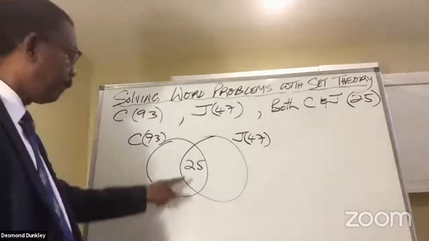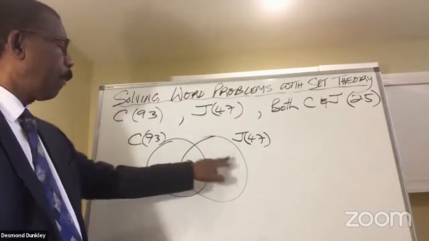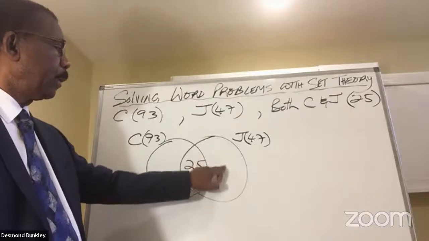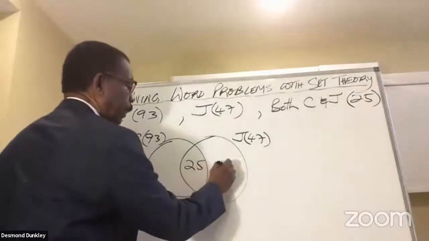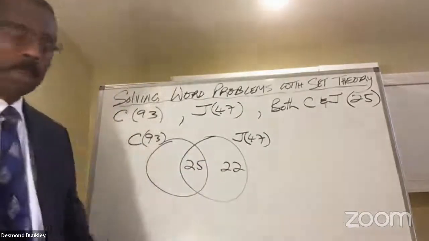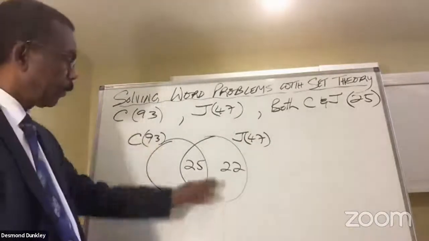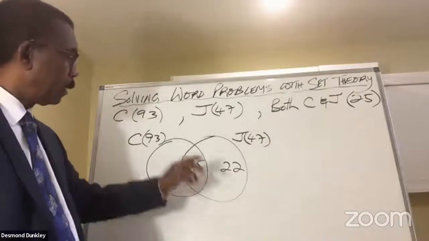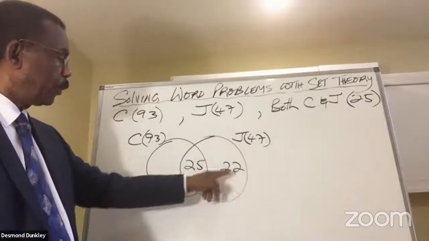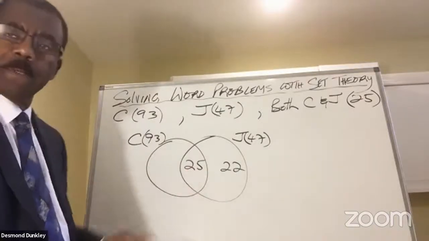So we're saying 25 took both. Therefore, how many took juice alone? The answer would have to be 22, because 25 plus 22 gives us 47. Either you took coffee alone, or you took juice alone, or you had juice and coffee, where the two